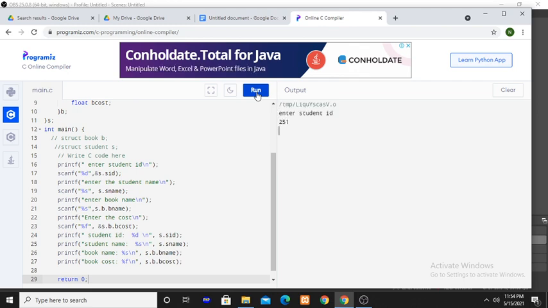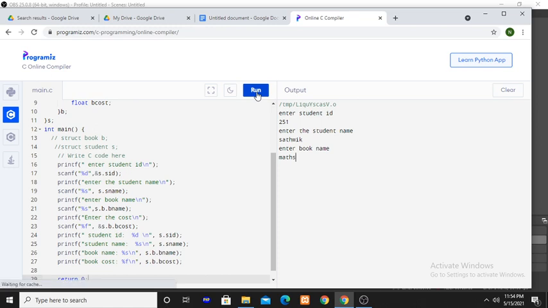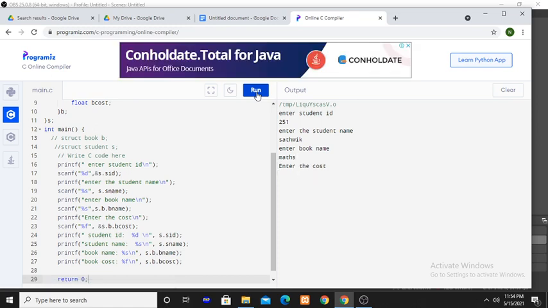Student ID 251. Student name Satvik. Book name maths. Enter the cost 300. Again it is getting slow.